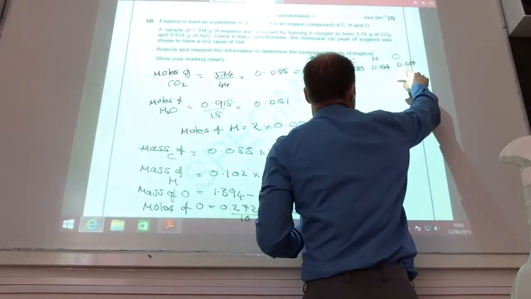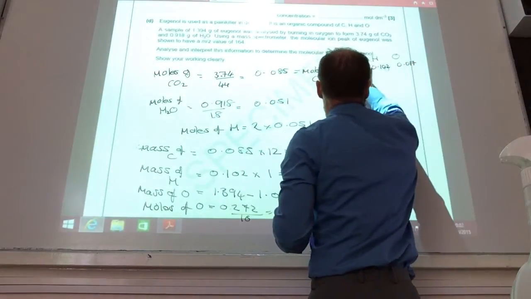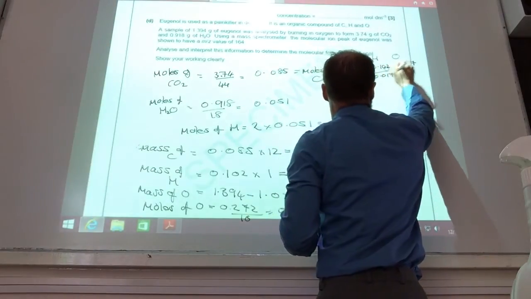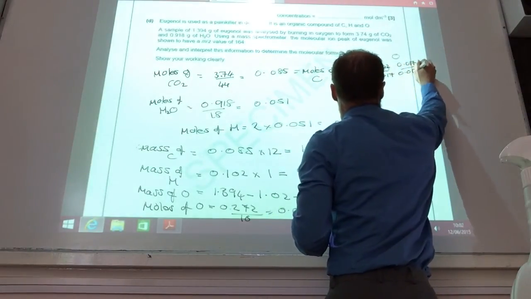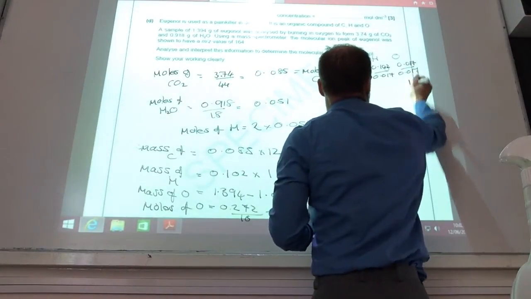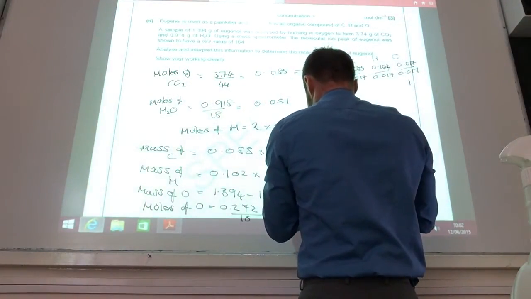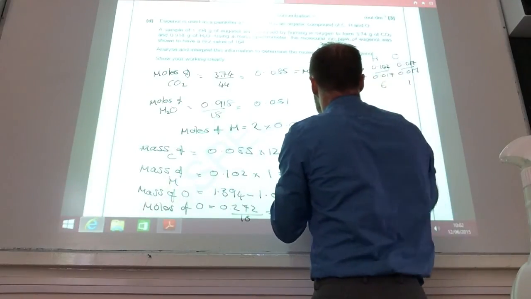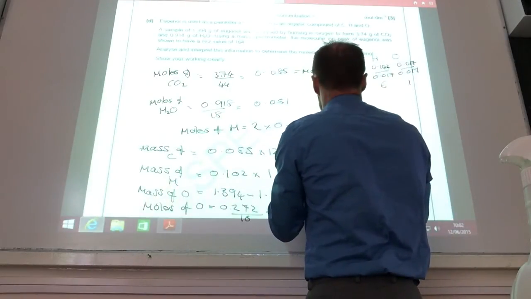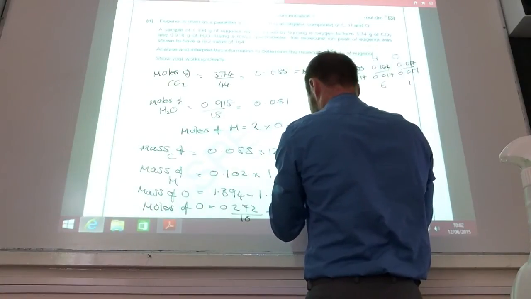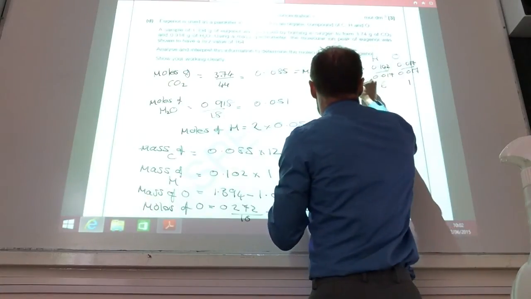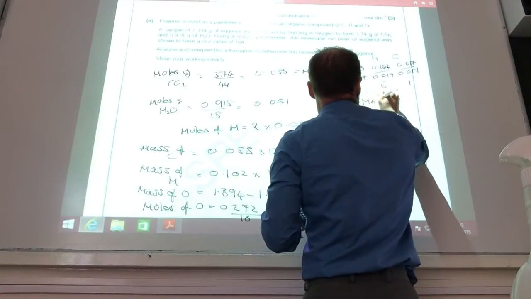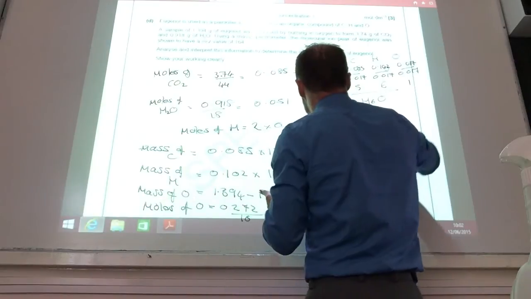The smallest one is oxygen. So I divide each of these by 0.017. That will become 1. That becomes 6. And that becomes 5. So my empirical formula is C5H6O. If I add that up, I find